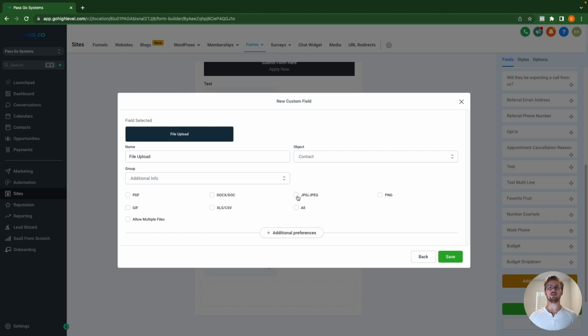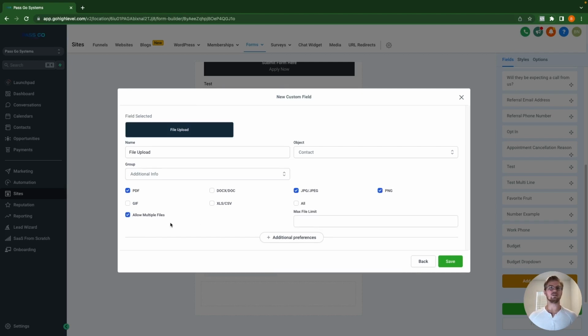Or you can just have them be able to upload JPEGs and PDFs and PNGs. So we will allow multiple files. In this, you can set the number of files that they're able to upload. So if you wanted to set it to 3 files, then we're going to leave this as all. So now they can upload any file type, but they're only allowed to upload 3 when they're filling out this form. So save,